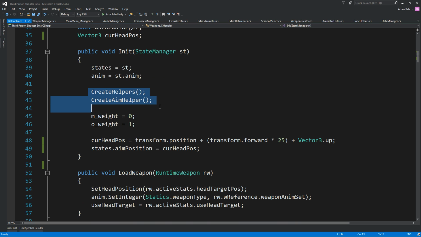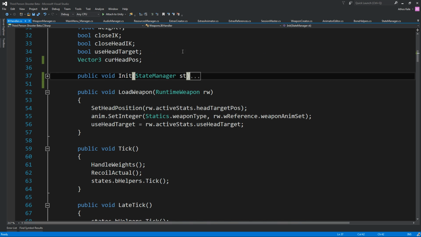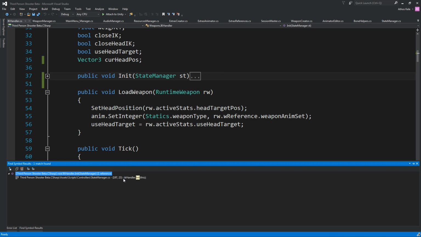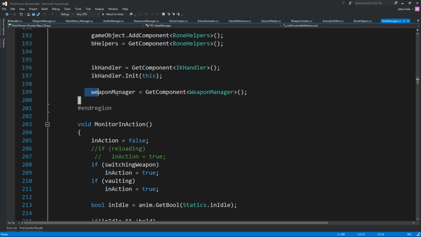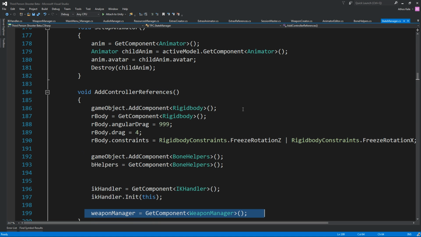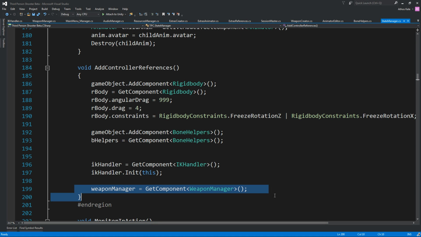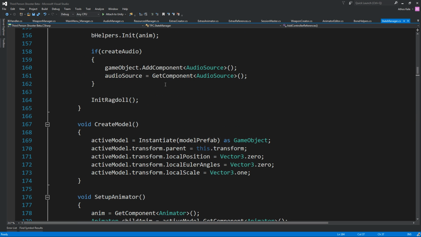We've seen this. Okay, the next thing is going to run. Let's see where this is called from. Okay, from the state manager it loads, then the weapon manager, and this is going to add or find the weapon manager. And after we do this inside the state manager,